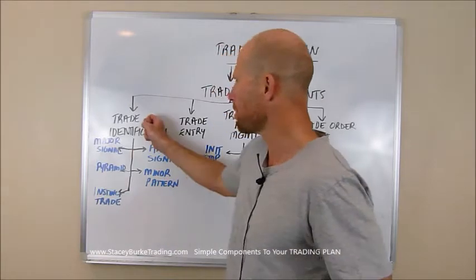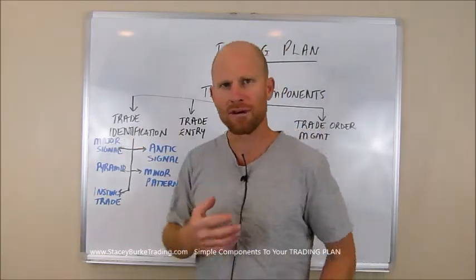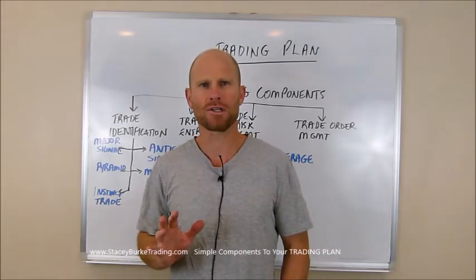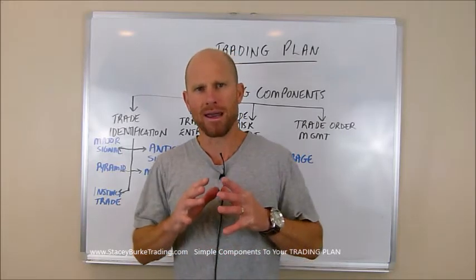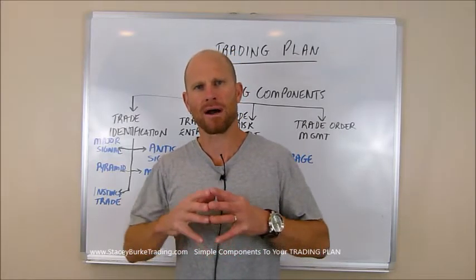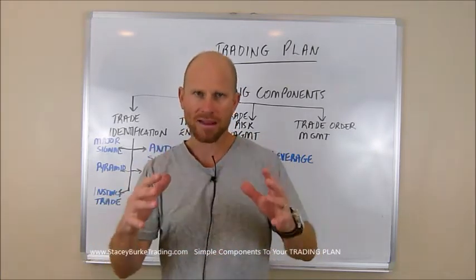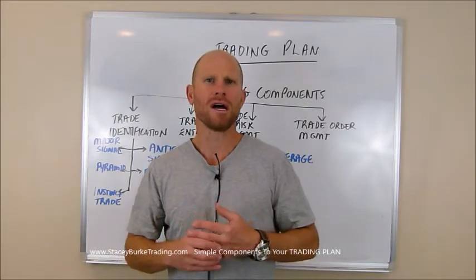So number one, trade identification. What are your major signals? On the hourly system, my trade setups are very similar to end of day and hourly, but my A-type setups, I've narrowed that down to 3 main setups. Now there's a couple of other ones that are sort of on the outside of that main basket, but I tend to look for the ones that I know I'm going to have a